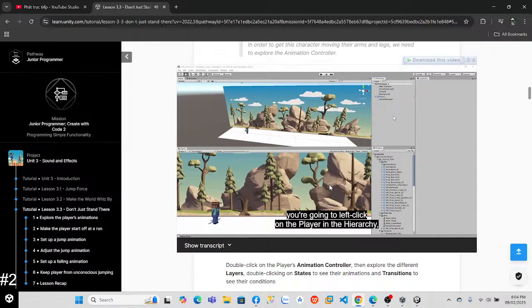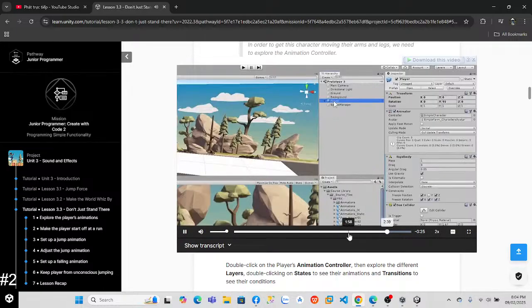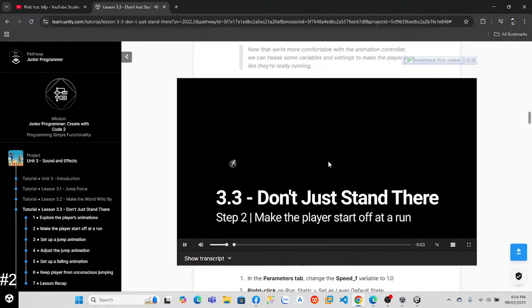So now what you're going to do is you're going to left click on the player in the hierarchy, and then under the inspector in the animator component where you see controller, you're going to double click on